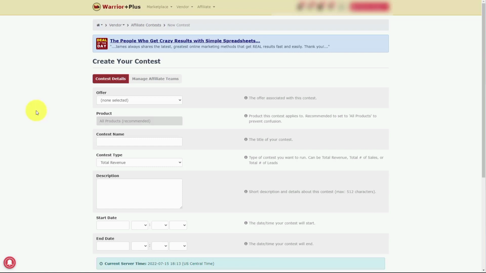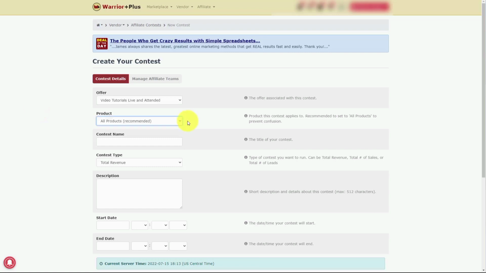Welcome back. Now, there are features that belong to certain affiliate networks that are not part of every affiliate network. One in particular is that you can set up an individual contest for your affiliates for a specific launch. You are now looking at the Warrior Plus network, and you want to find out if your affiliate network allows you to create a contest for affiliates to be able to see how they're doing versus other affiliates